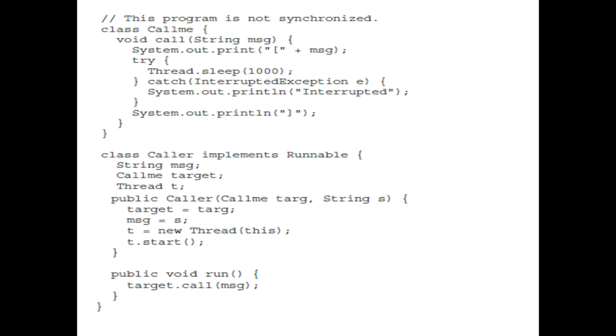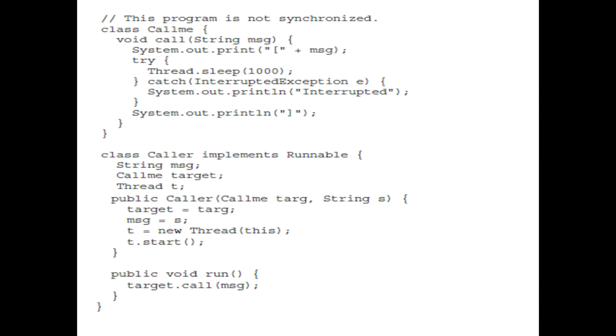So here is an example. First we'll see what happens in the program if we do not use a synchronized method, and then we'll see what output we get if we use the synchronized keyword. So here we have 3 classes.